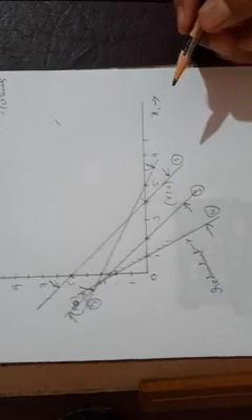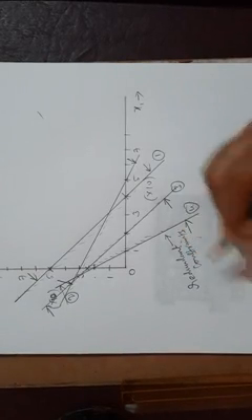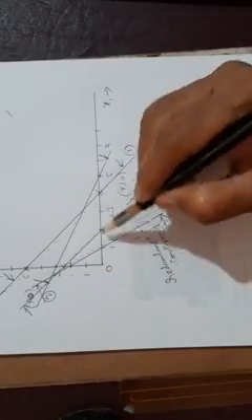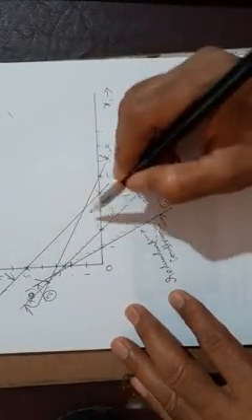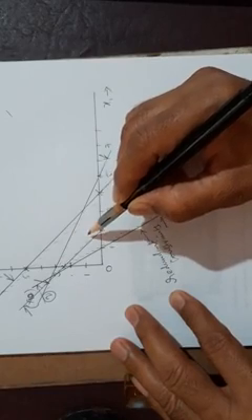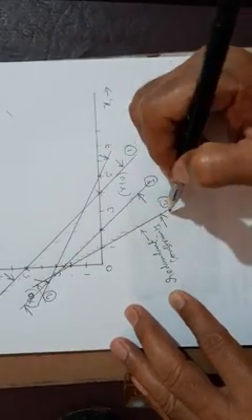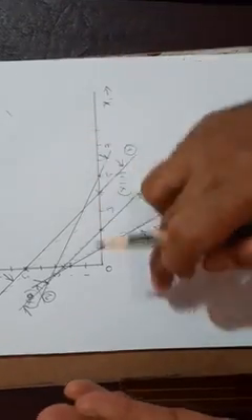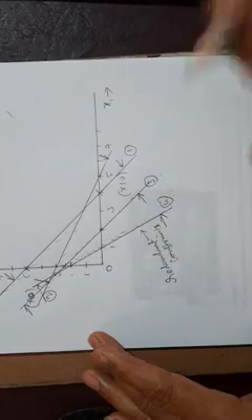Redundant constraint. This constraint is necessary, no doubt, but it doesn't take part in the formation of a solution polygon. So it doesn't affect the solution polygon already formed with the other 3 lines. It's not a problem, because this solution space also satisfies this constraint, since the solution space has to lie above this line. This region is lying above this line, so it is automatically satisfied. Since it is not taking part in the formation of the feasible region, it is usually called a redundant constraint. That is the idea, but we don't have to worry.